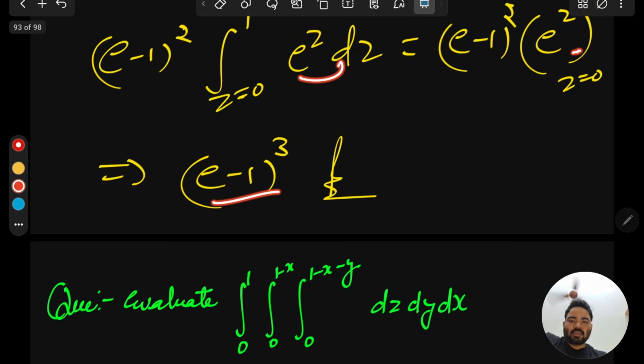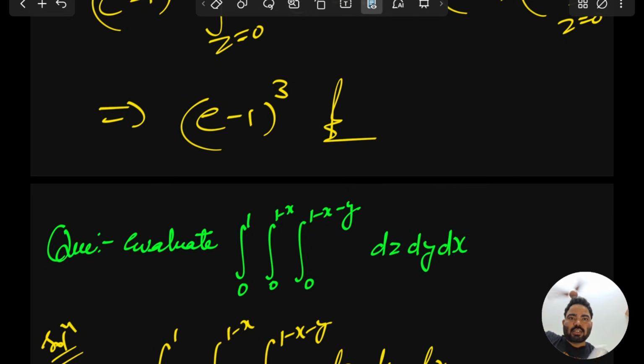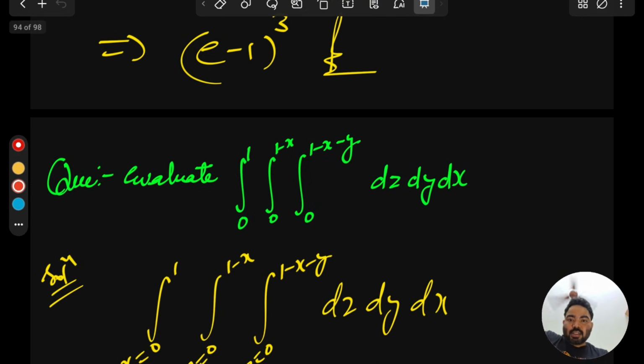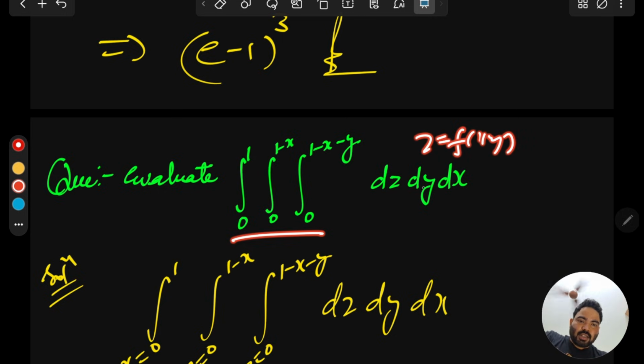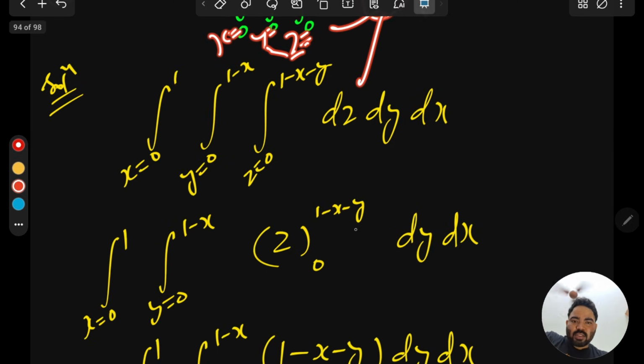So that is the way you can solve the triple integral with constant limits. Now see the question: if the limits are variable and not given, then see, if this is a function of x, y, that means this is the z limit, and this is only y, that means this is the x limit. So clearly you can notice from here, this is x y, that means this is the z limit, and this is now z, and this is x, then this is the y limit, and if z and y are completed, then this is the x limit. So see z, so just do the integral with respect to z, this gives you 1 minus y,